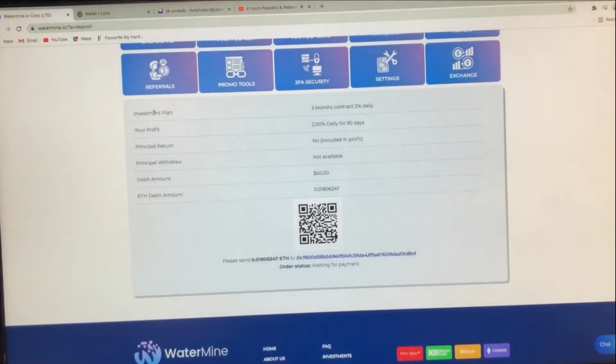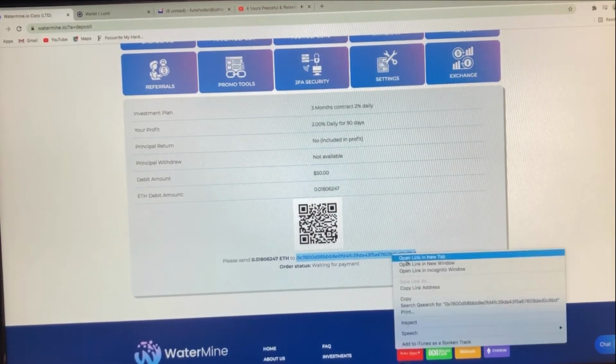This is the deposit confirmation page. It gives you all the information about your investment plan and how much you're getting daily. Now, very importantly, it's asking you to pay this amount of Ethereum into this wallet. This is technically your sort code and account number for Watermine. Now you need to take it into your wallet. For the purpose of this video, I'll just show you now. Highlight just the blue address, copy,